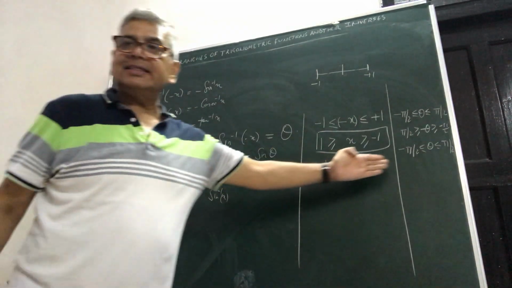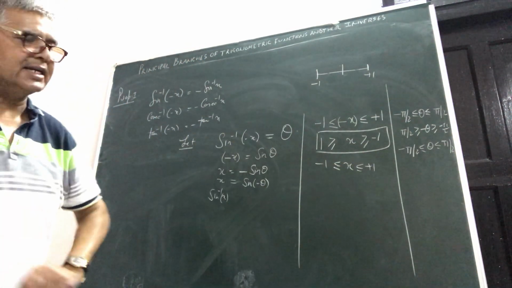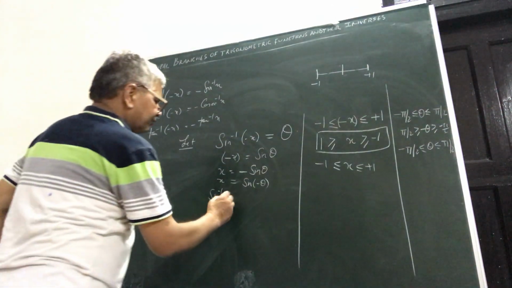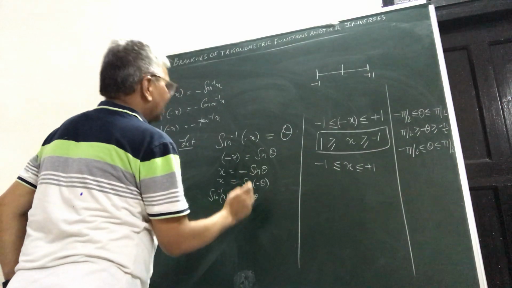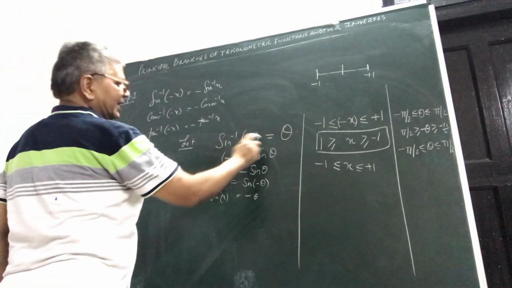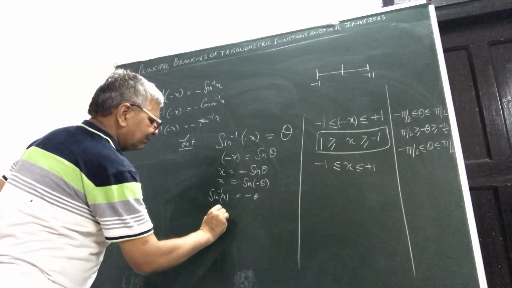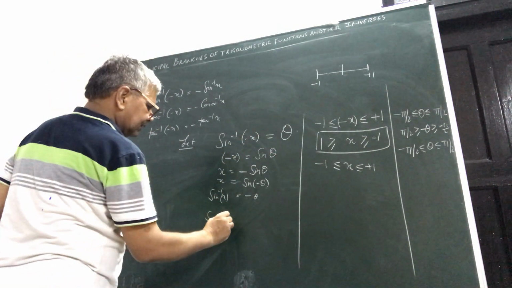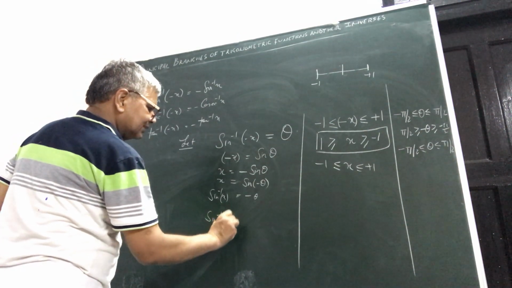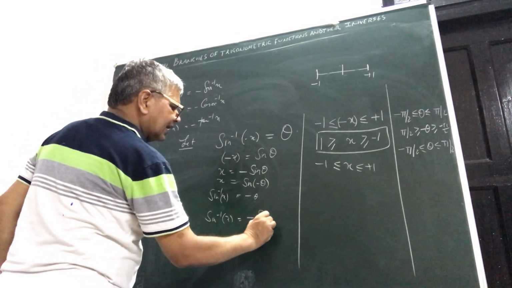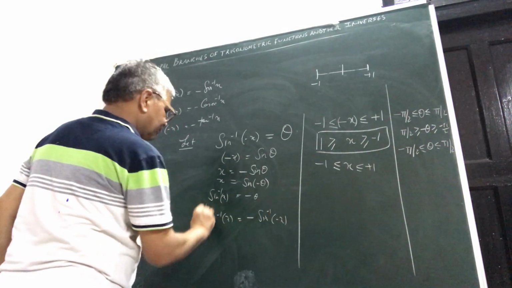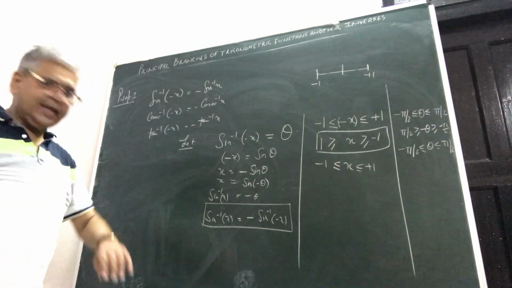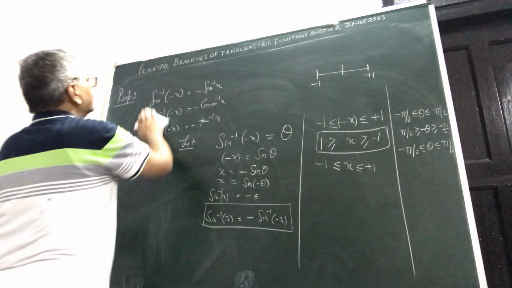So that is why this analysis is more important as far as this theory is concerned and your understanding in depth of the things is concerned. So now you are saying sine inverse minus x is equal to minus theta. And what is your theta? Theta is your sine inverse x. And so in place of theta, minus theta, what you are writing? This is sine inverse of minus x is equal to minus, and theta is your sine inverse x. And this proves the result.